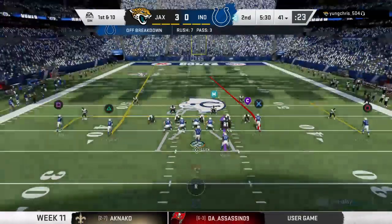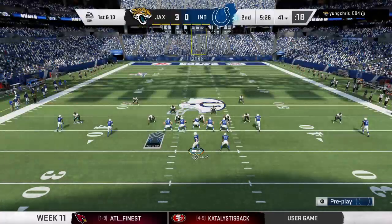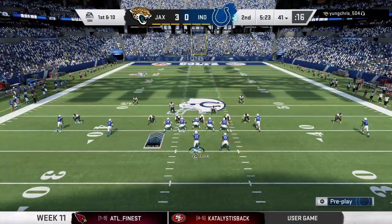Look out! Wide 80! Watch the twist, watch the twist! 12. 44's the mic! 44's the